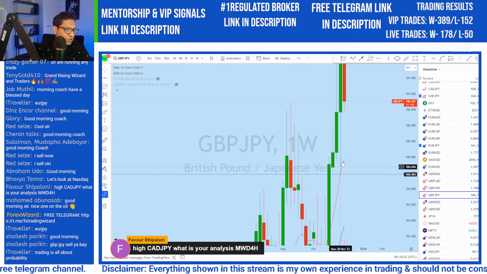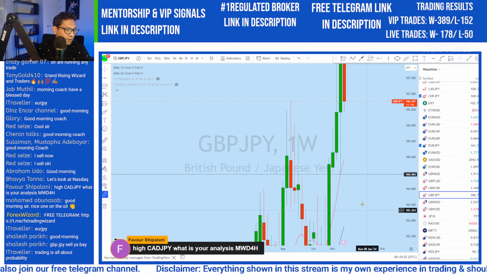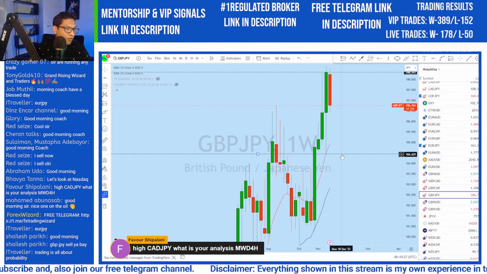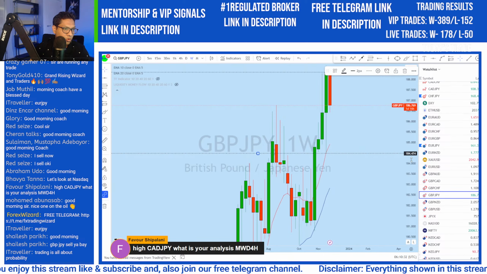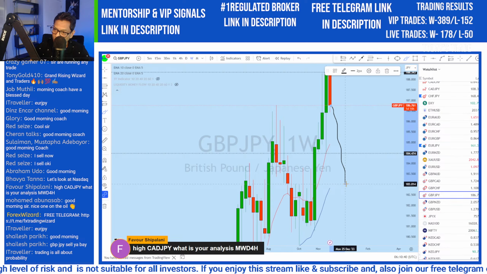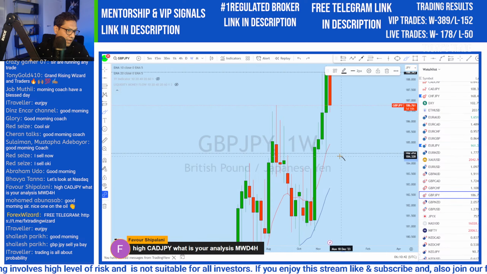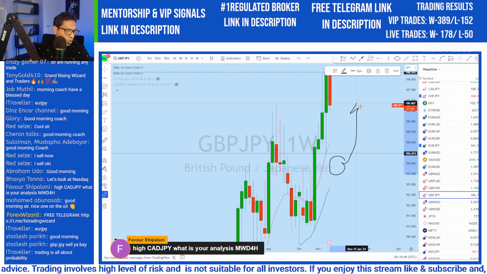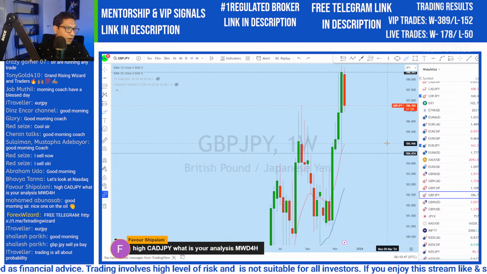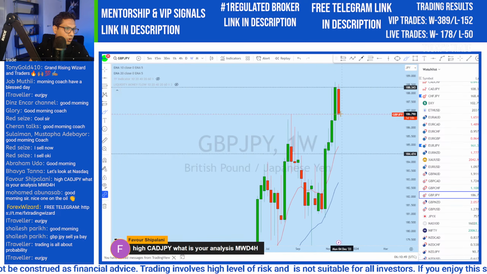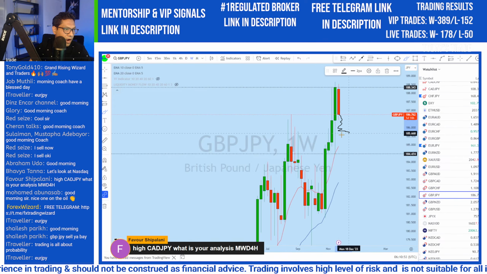Why did I draw this line? You see, I didn't draw any line here. It is possible for GJ even to break below this level to 184.47, because there is a huge liquidity and the price is drawn like a magnet to the liquidity zone, and that is where the big blow will come again, until here retail traders might be